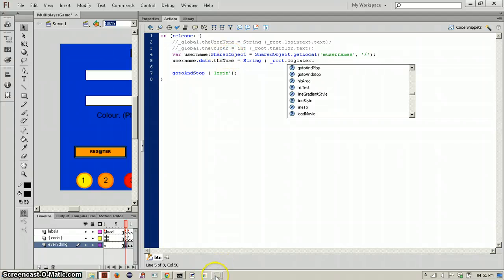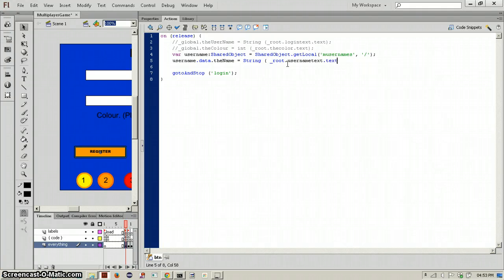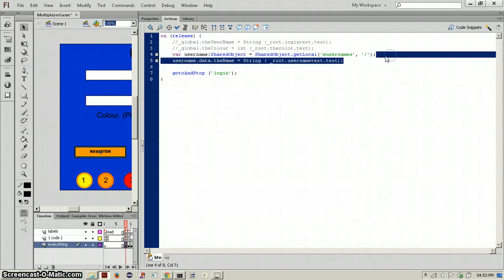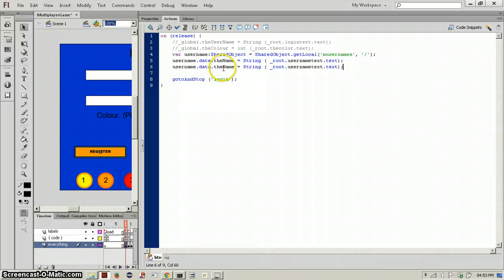Well, not actually login. Change this to username text dot text, and just copy this. The password is equal to string root dot password text dot text,